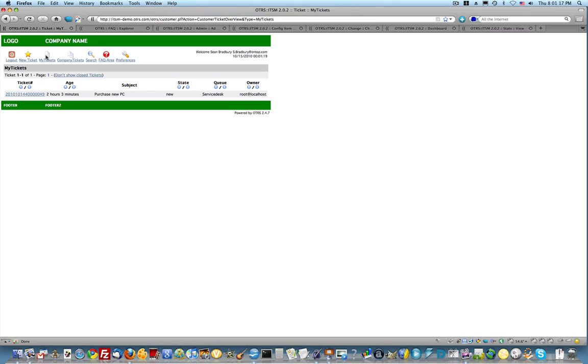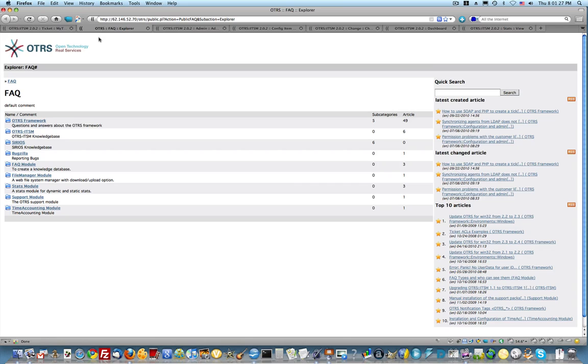However, the users can also simply call in the service request, or they can email it as well. In addition to the customer front end, the customer also has a knowledge base accessible to them. If you have a knowledge base, we would be able to import that in, or we can build the knowledge base based on the responses to the tickets, and the users will be able to search for questions themselves